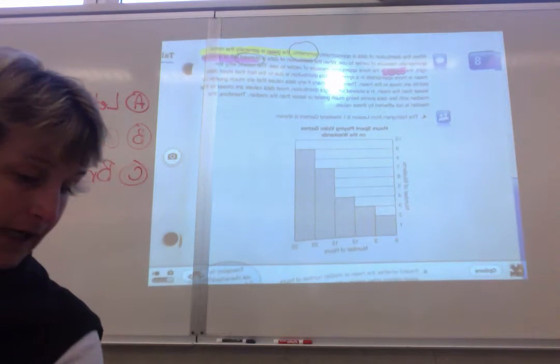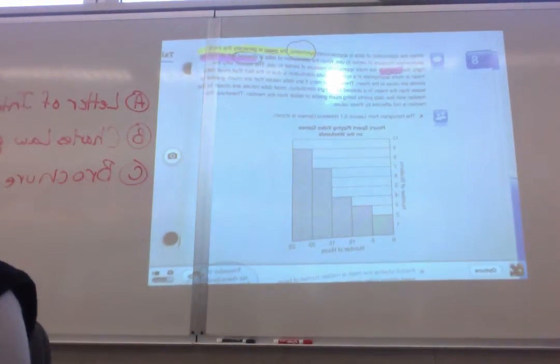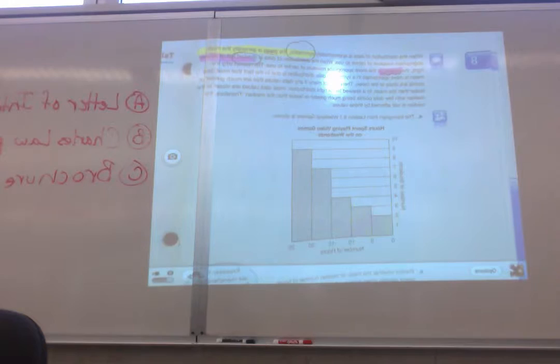Okay, so let's see. Kenya, it's symmetric. What should we use? Try again. Mean. We kind of said actually you could use either. On our values, they were both about the same, but they're telling us it's more appropriate to use the mean